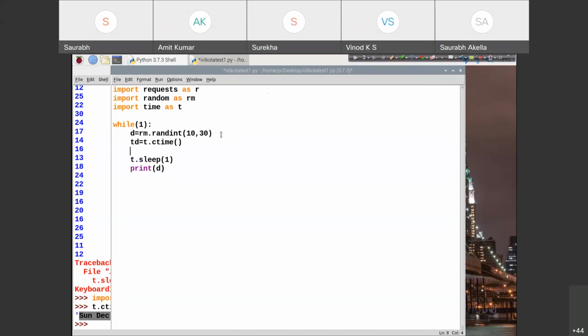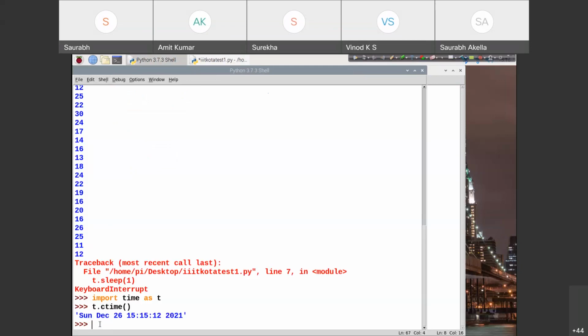So the final data fd is equal to td plus str of d, because d is coming in as numbers and we have to add everything together using string data only, so we want to concatenate everything.